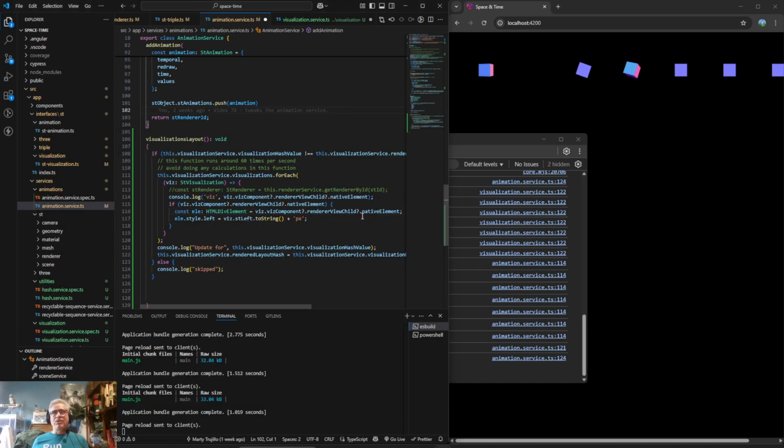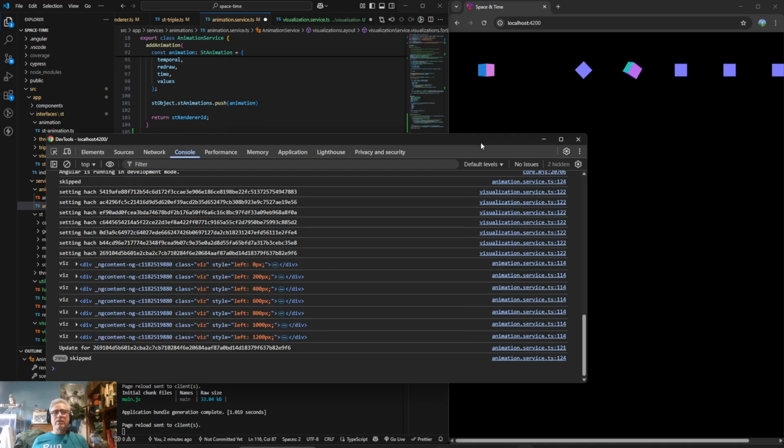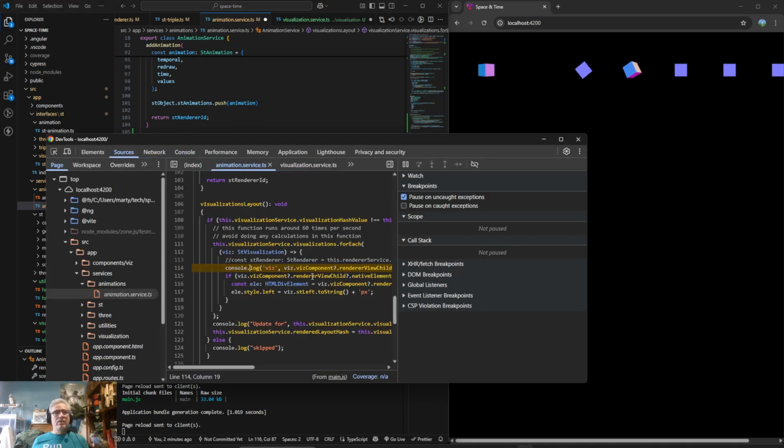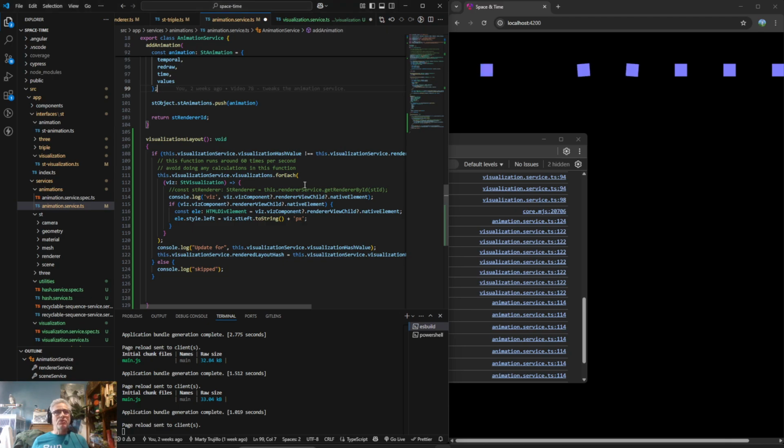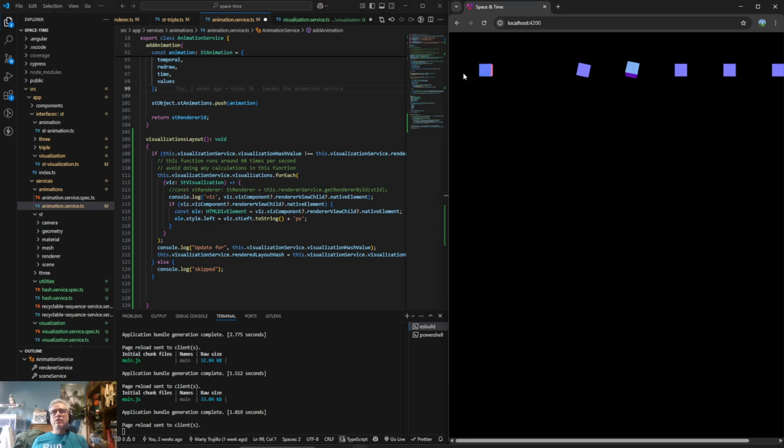It is the child div. Sometimes it's really helpful that it kind of toStrings it for you in console log, but sometimes it isn't. This is one of those times where it would be better to have an actual instance of it. So I'm going to reload.